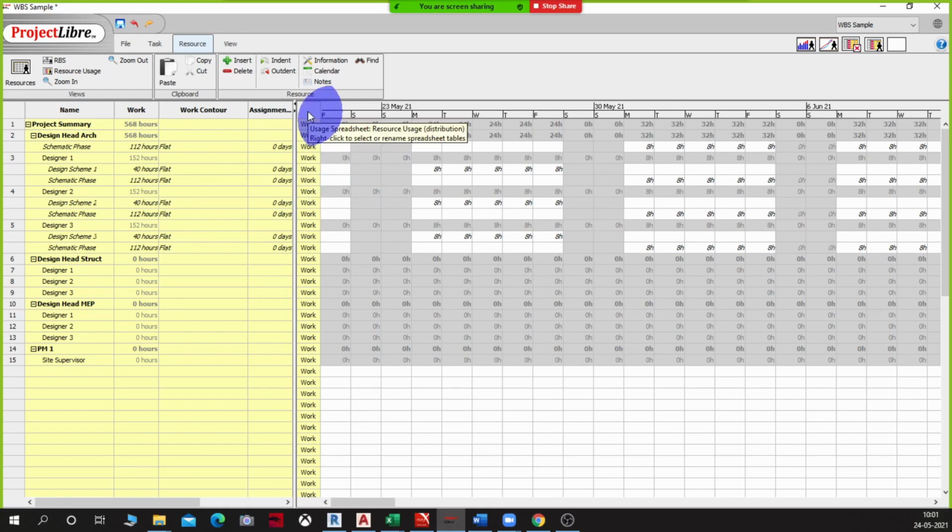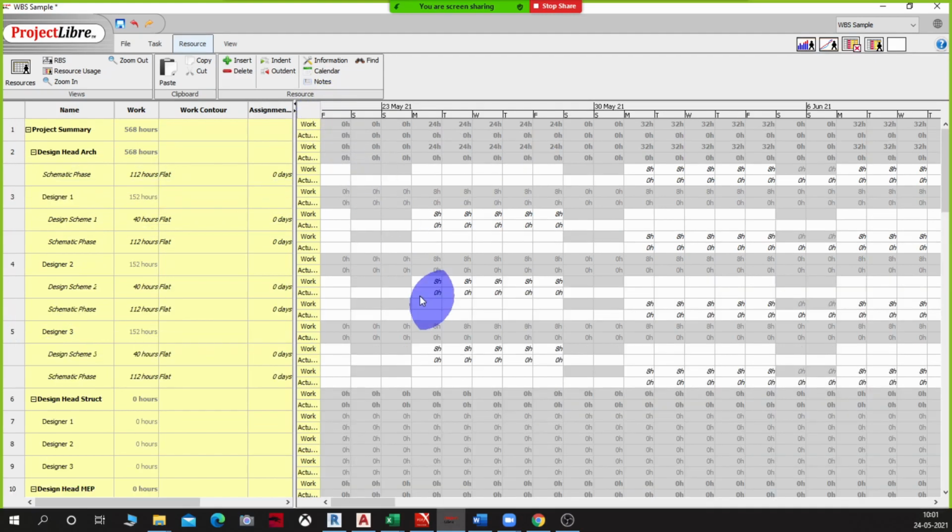What is the actual amount of work they did? So what I'll do is come to the top left corner of the spreadsheet, right click, and add actual work. Now let's assume that this person on the first day didn't work for 8 hours. He worked only 6 hours. The next day he worked 12 hours, the next day 12 hours, the next day 12 hours, and the next day 12 hours.